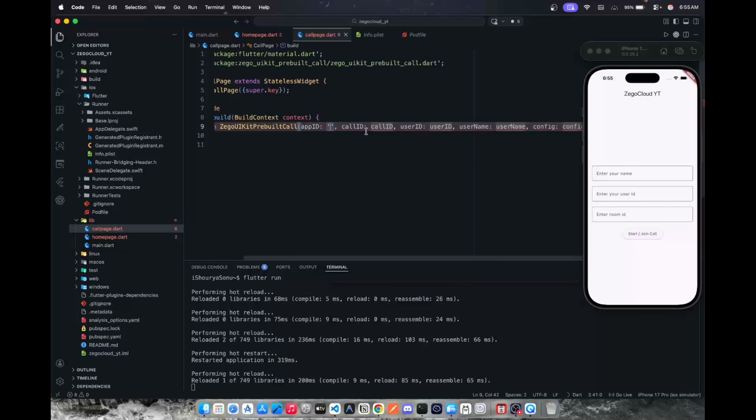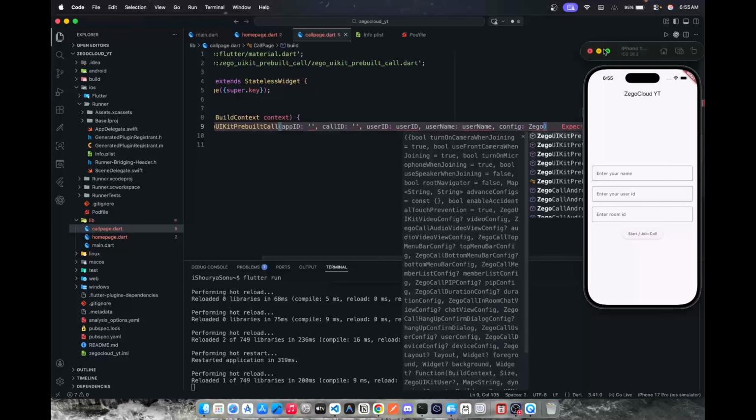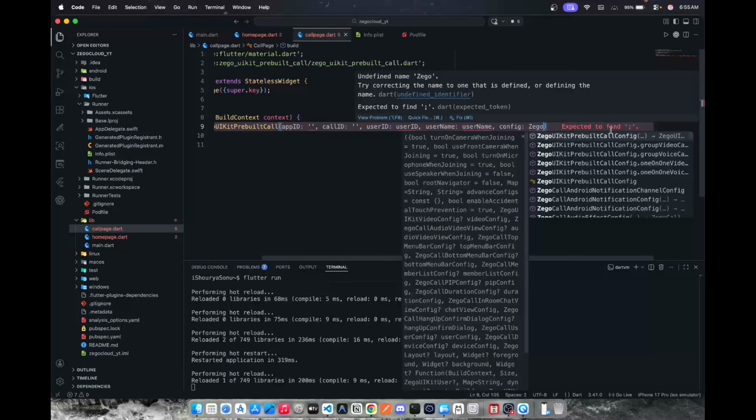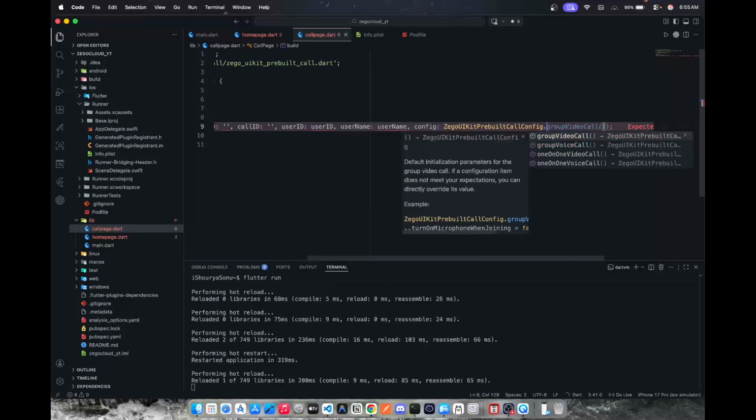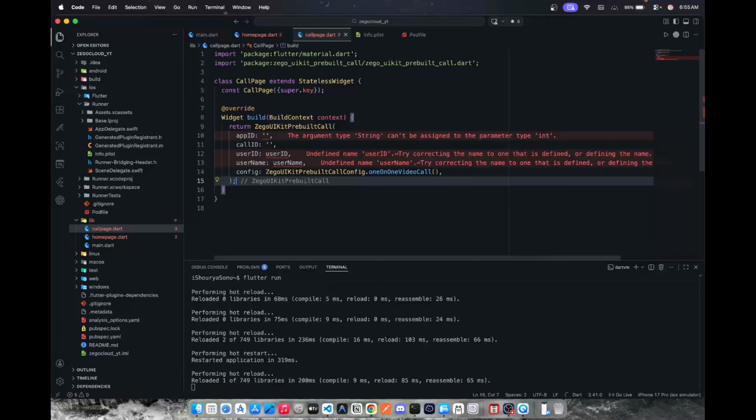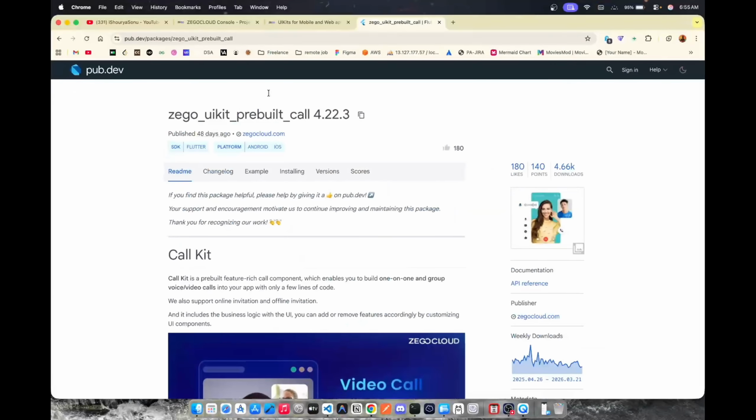So what are we going to do? App ID we have received it from the console, and user ID we will ask from the username, and the config. What are we going to do? ZegoUIKitPrebuiltCallConfig dot one-on-one video call, or voice call. Cool. Yeah. So now this app ID we will receive it from